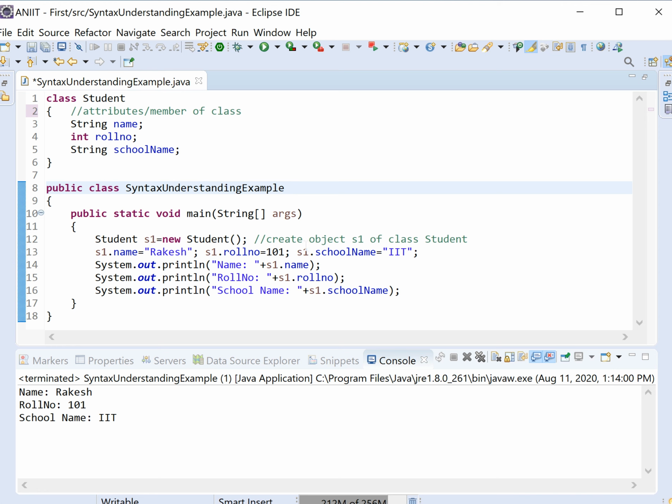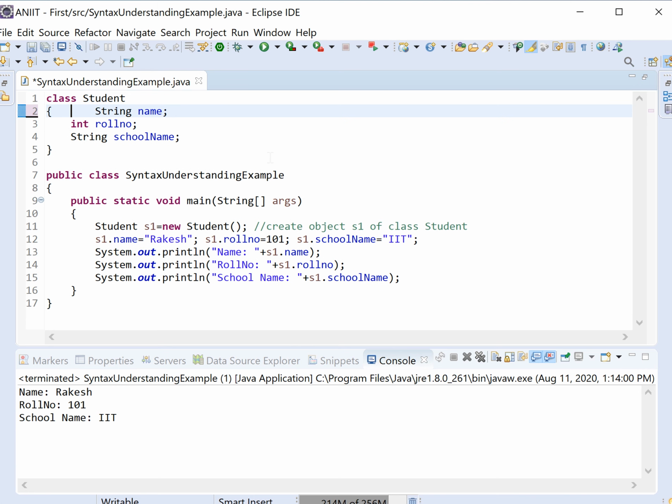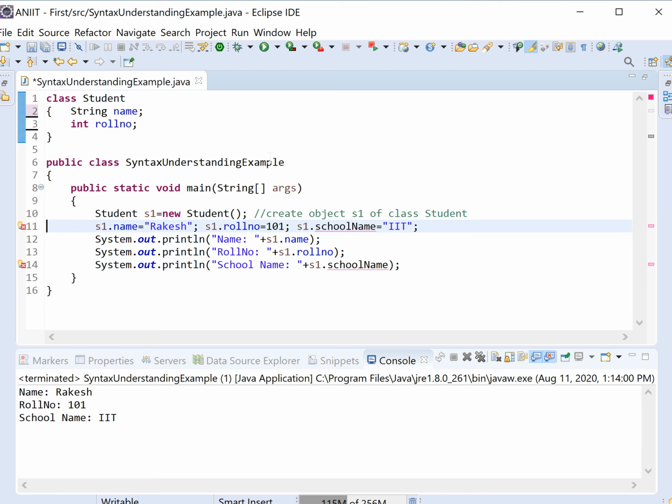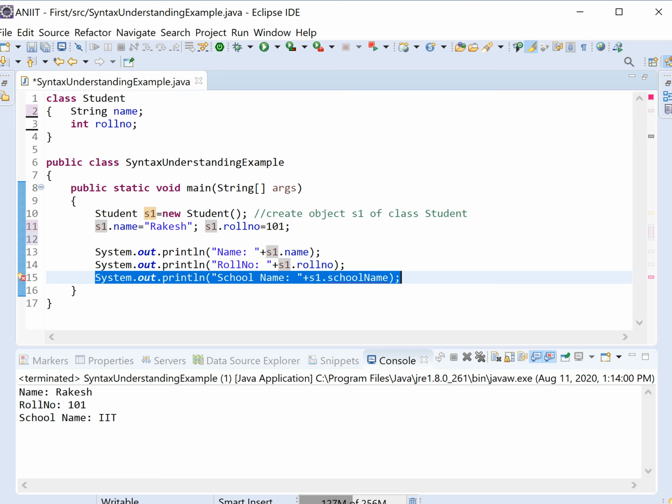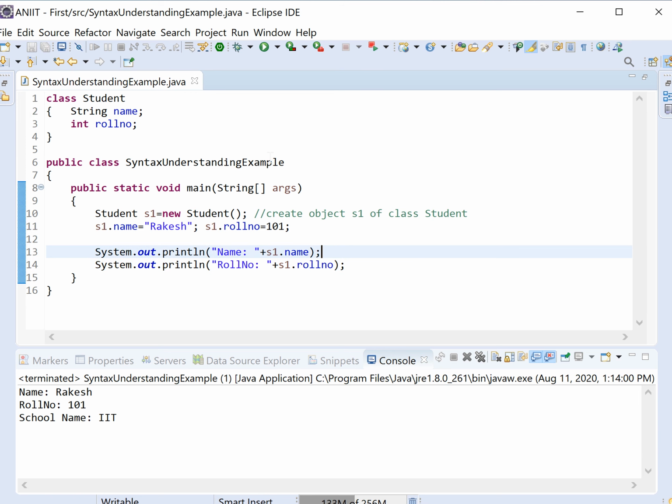In this lecture we will understand what static and non-static members in a class are. Let's say we have only one attribute in a class, name, and another is roll number. Whenever you write an attribute in a class, it is non-static.